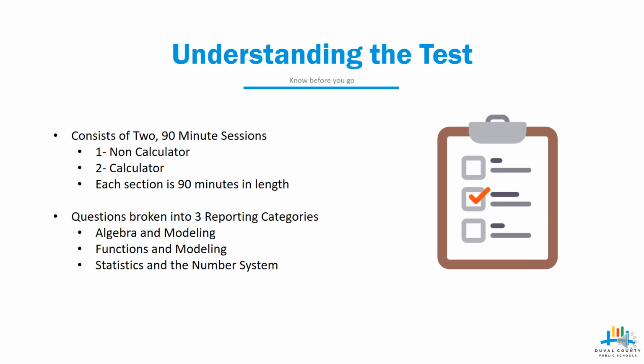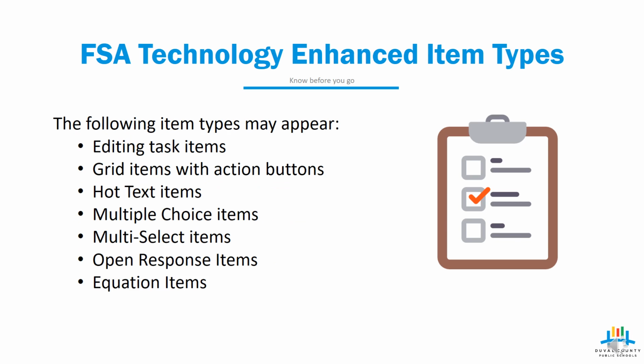The questions for the assessment are broken up into 3 reporting categories. These categories are Algebra and Modeling, Functions and Modeling, and Statistics in the Number System. Some of the item types you may see on the assessment will include editing task items, which means you edit a response, grid items, where you're placing points on a coordinate plane, hot text items, where you're typing in your answer, multiple choice items, where you're selecting one answer from the choices given,